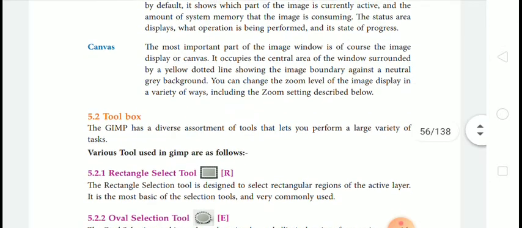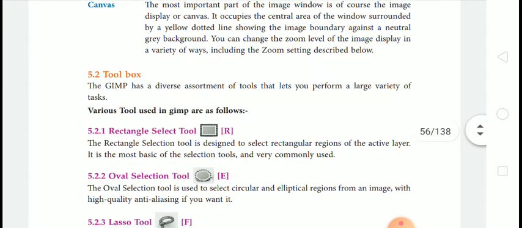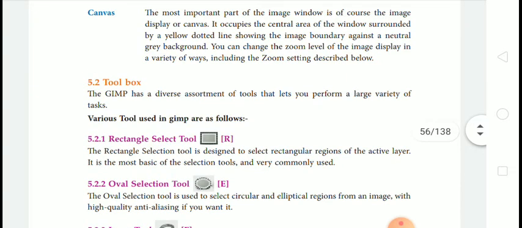And the last one is the canvas. The most important part of the image window is of course the image display or canvas. So the canvas is the most important part of the window.